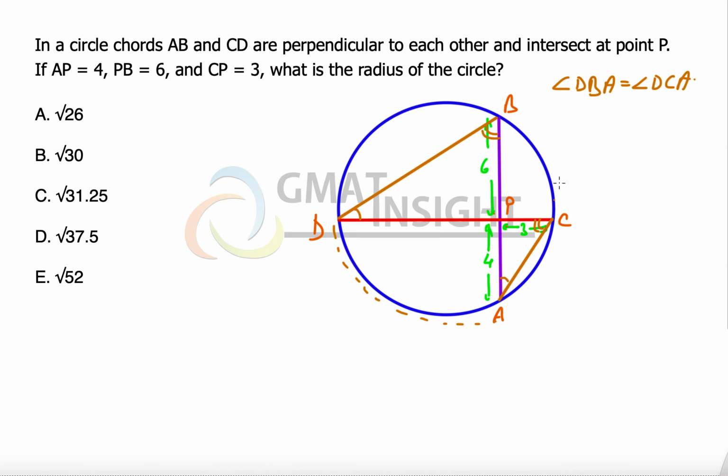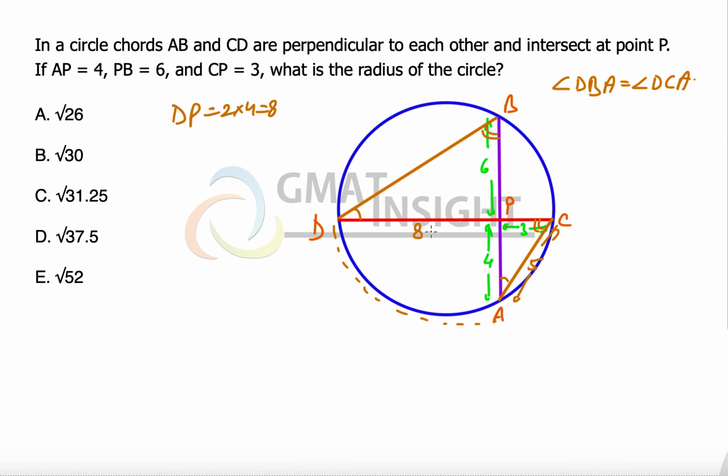Now we can use the similar triangle property, because for triangle APC we have all the sides: these two sides are 3 and 4 and they are at right angles, so AC becomes 5. Now the side opposite to the equal angles must be corresponding. The side opposite to this is 4. Let's see this side, 6 is opposite to the single marked angle, and opposite to the single marked angle is 3. So the ratio of the sides is 1 by 2. Since PA is 4, DP should be equal to 2 times 4, that is 8.